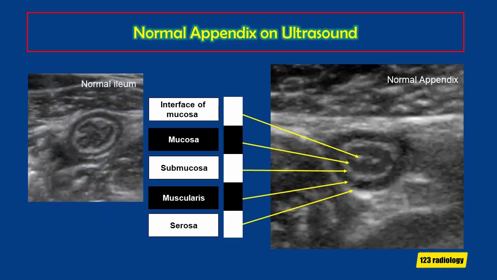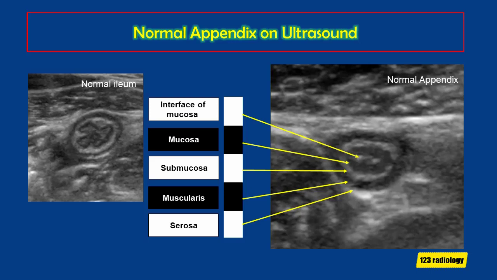What is the important difference between the ileum and appendix? The appendix does not show inner folds of mucosa, while the ileum shows folds. And why is the mucosa thick in the appendix? Because of the lymphoid tissue. There is a lot of lymphoid tissue in the mucosa of the appendix, which is shown as physiological thickening of